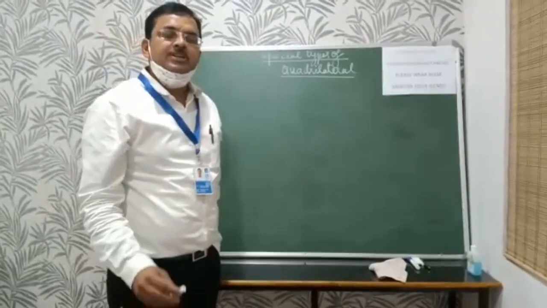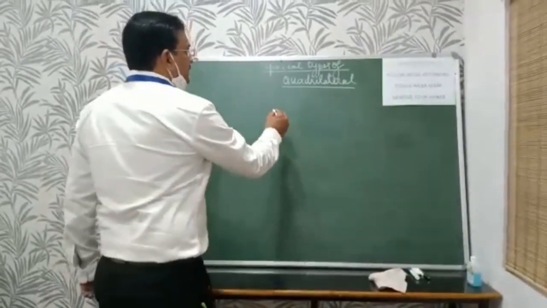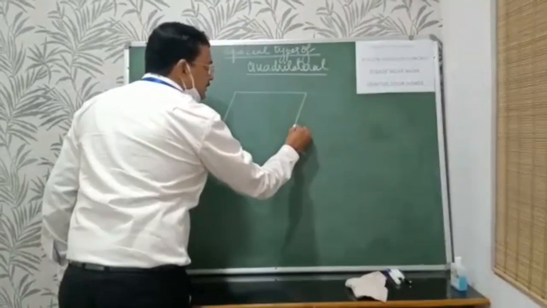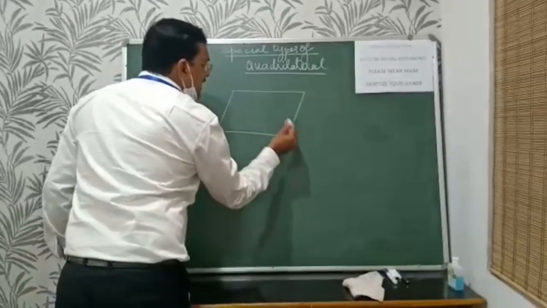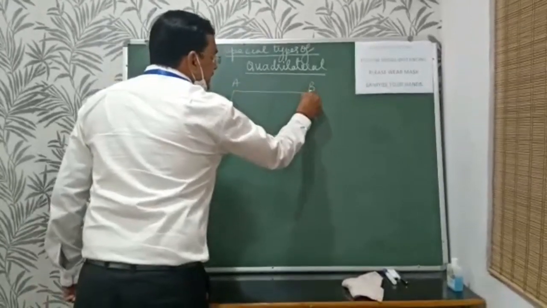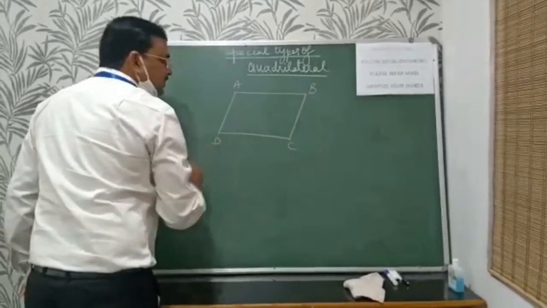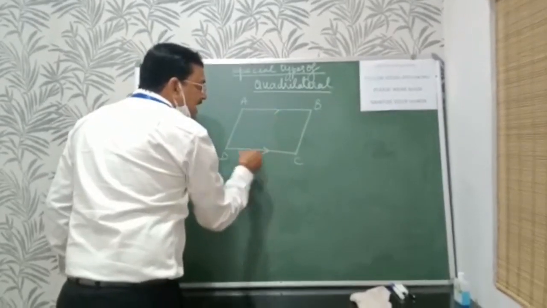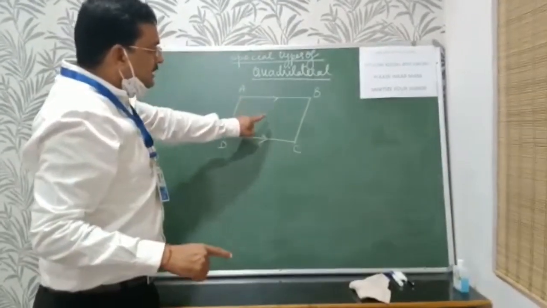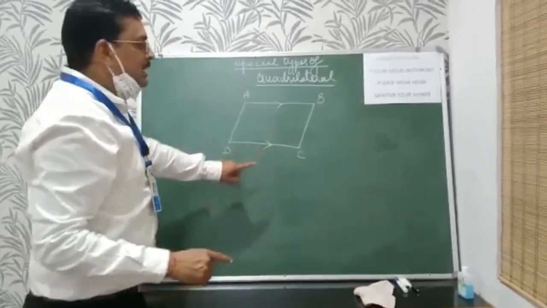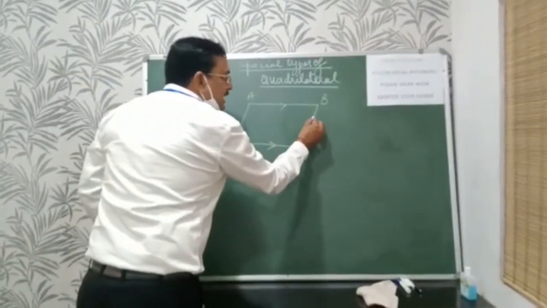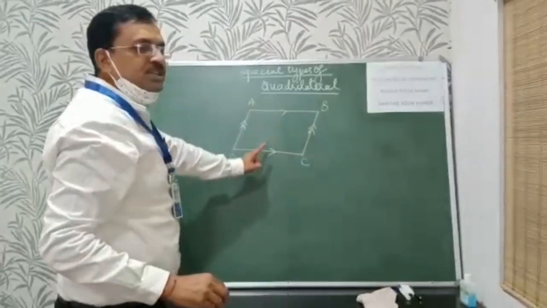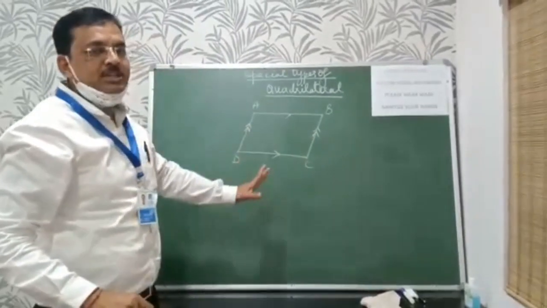First, we will discuss the parallelogram. Here I draw the diagram of a parallelogram. This is the diagram of parallelogram ABCD. Why is it a parallelogram? Because its opposite sides are always parallel. This arrow shows that these two lines are parallel. Now these two lines are also parallel, so we make two arrows here. So this shows that opposite lines are always parallel to each other.